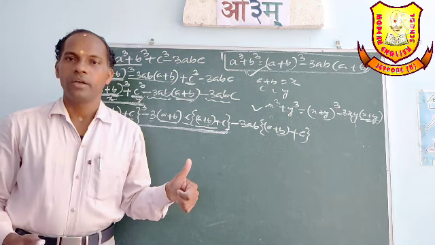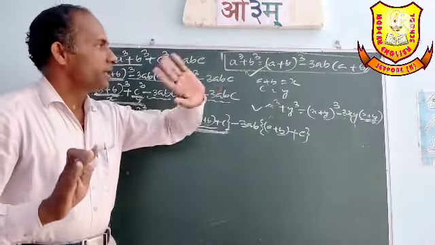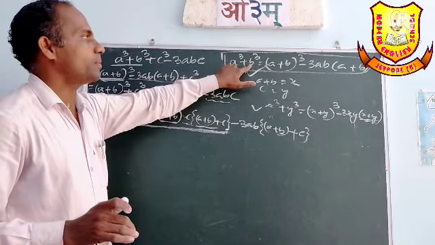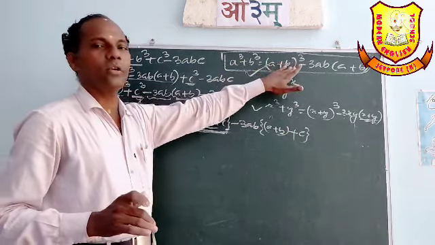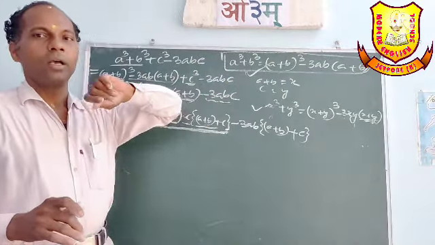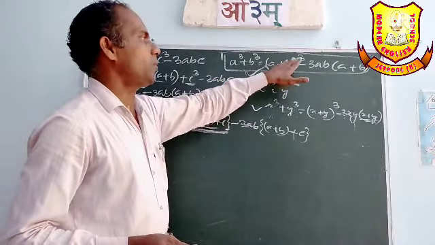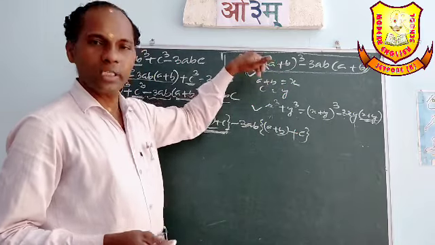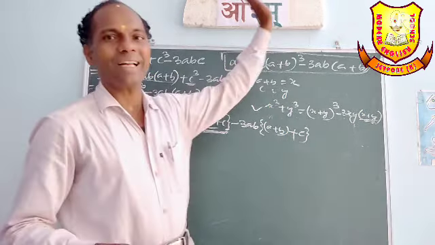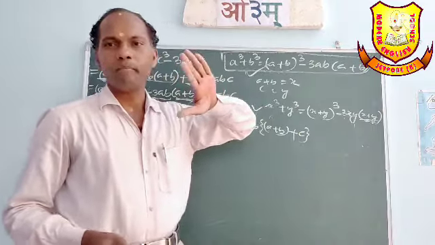Okay, I am saying again. Keep in your mind, you have to apply the a cubed plus b cubed formula as (a plus b) whole cubed minus 3ab whole into (a plus b). We know the (a plus b) whole cubed formula: (a plus b) whole cubed equals a cubed plus b cubed plus 3ab whole into (a plus b). Taking that term to the other side, a cubed plus b cubed equals (a plus b) whole cubed minus 3ab whole into (a plus b). This is the formula.